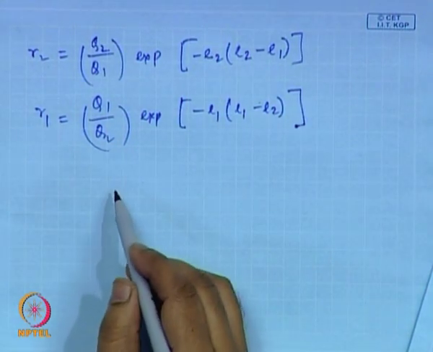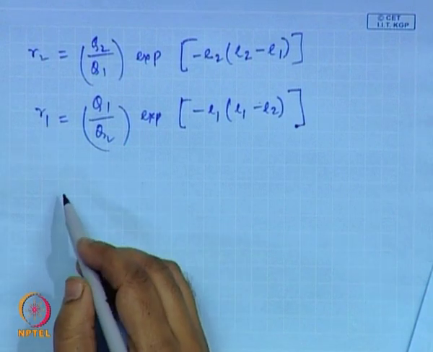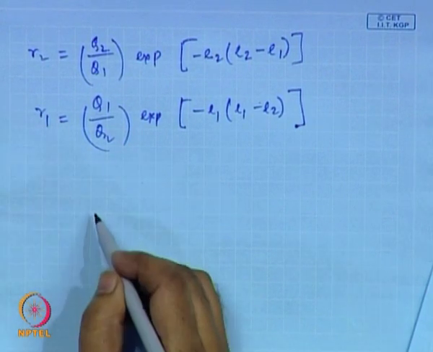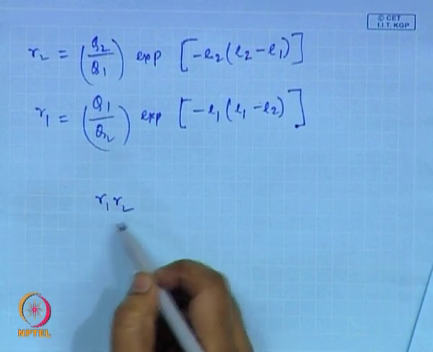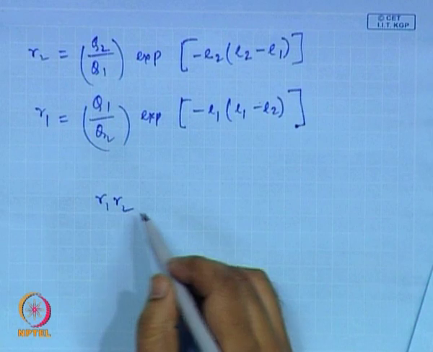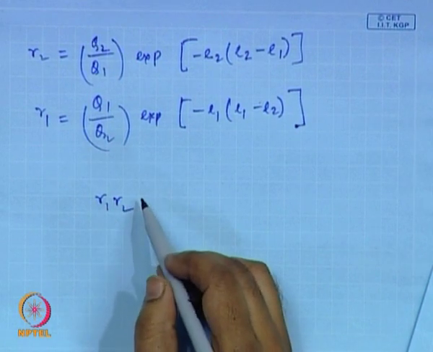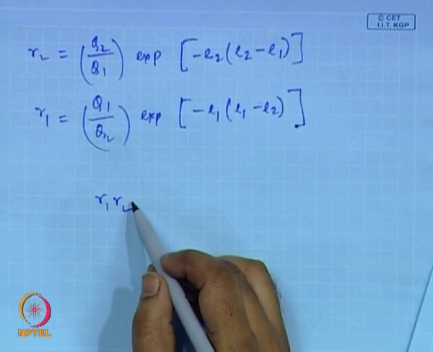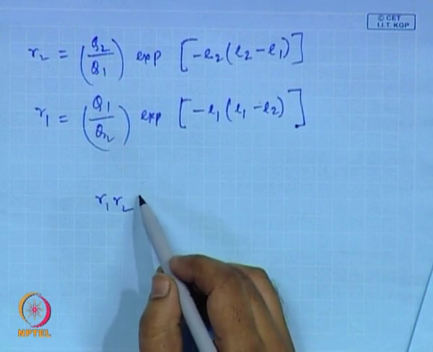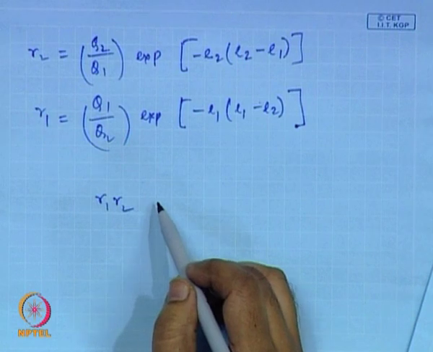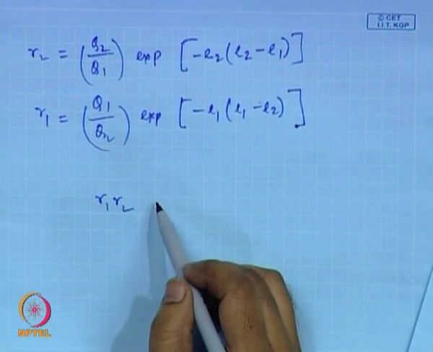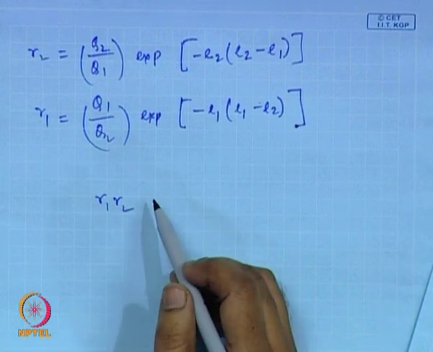Now, if we multiply these two, we get this value for R1R2, which, as we have seen earlier, is a measure of alternating tendency. If it is close to 0, then the monomers will produce an alternating microstructure. If it is close to 1, then the two monomers will produce a random copolymer,